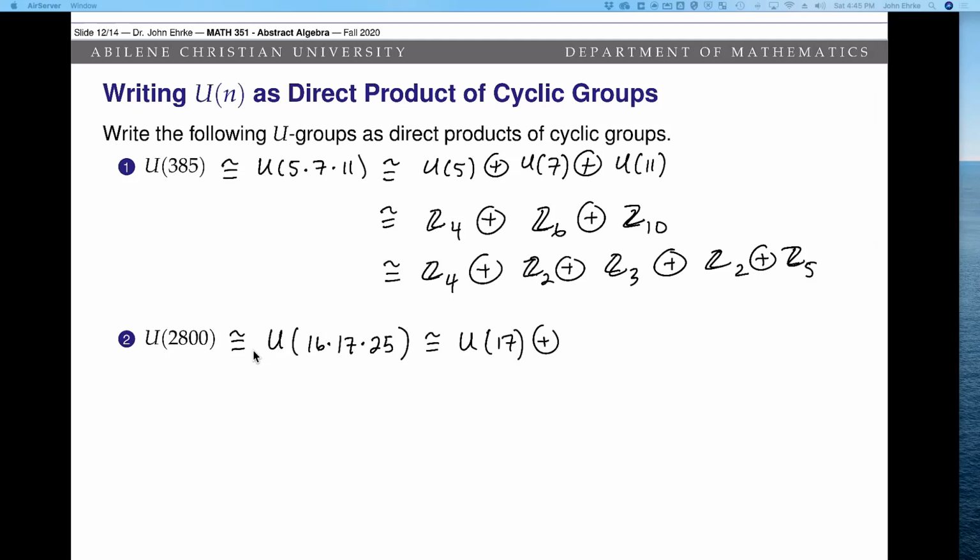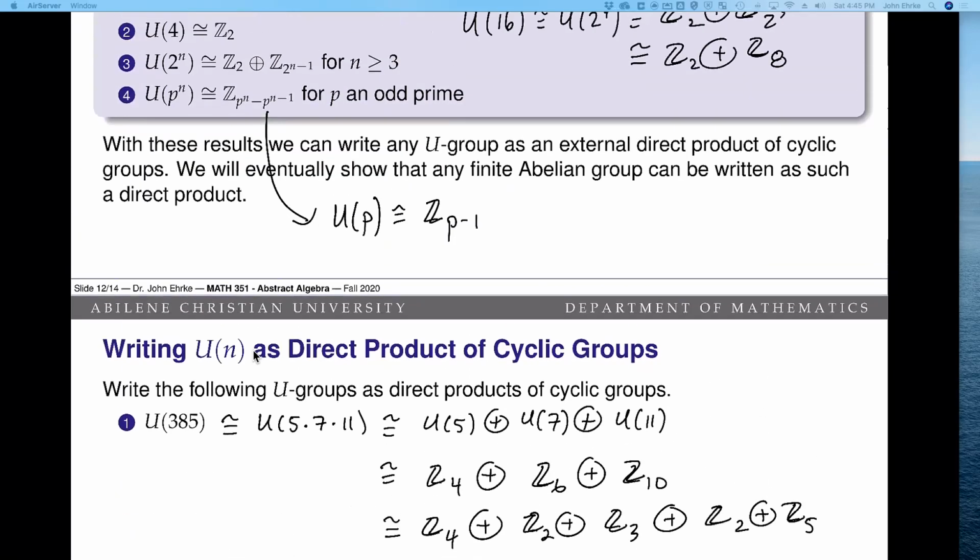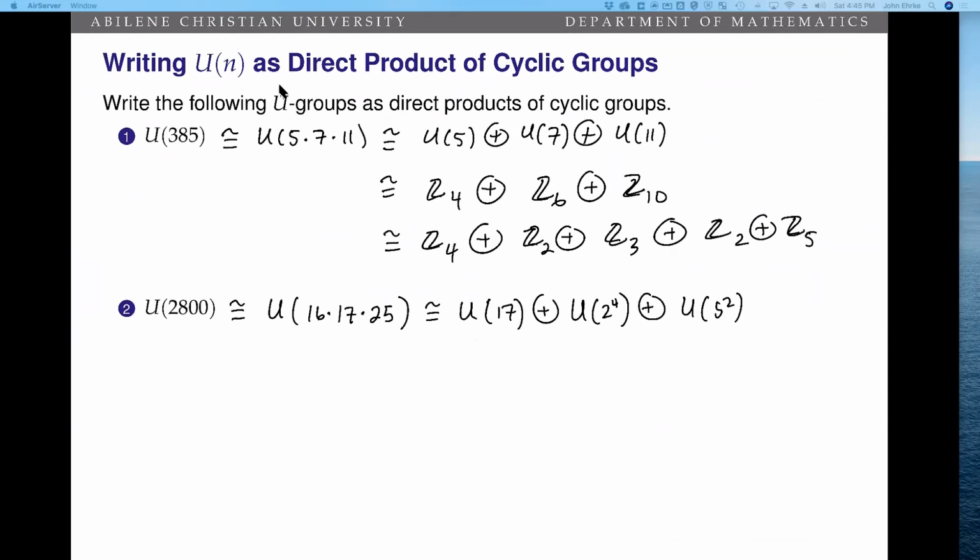And I'm going to write U16 as U to the 2 to the 4, and I'm going to write U25 as U5 squared, so that we're forced to think about Gauss's result. So let me remind you, Gauss's result is Z2 with one less power than the original. And U of a prime power is Z to that power minus 1 less, right? So this would be U17 would just be Z